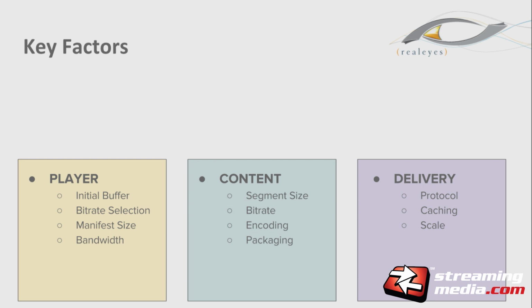Content, we have things like segment size, bitrate, encoding, and packaging, and we're going to talk about that, as well as ways that content is starting to change in some of this. And then also delivery. What's our protocol? What's our caching? What's our scale? These are things that really are also an interesting topic area right now with protocol and so forth. And we're going to see that not all of this is just on the users accessing it, but also how we're getting it to our encoders or how we're getting it to our CDNs. Those protocols there make a big difference. If anyone sat in the SRT session a little bit ago, that's some of that stuff that comes up within there. We'll talk briefly about that as well.